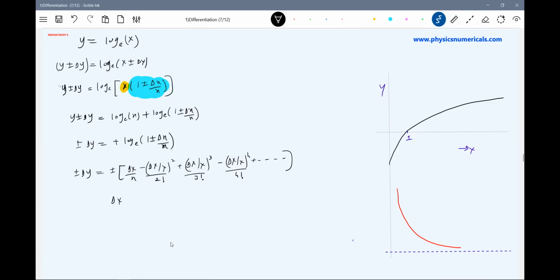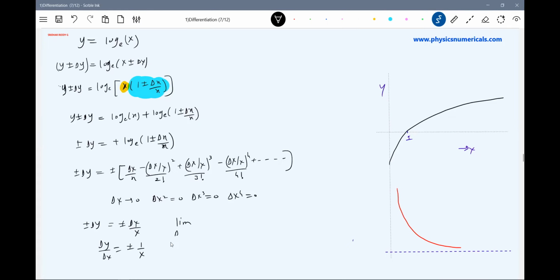As delta x tends to 0, delta x square is 0, higher order terms will become negligible. So then plus or minus delta y is equal to delta x by x. So this will become delta y by delta x equal to